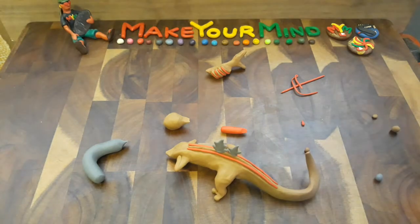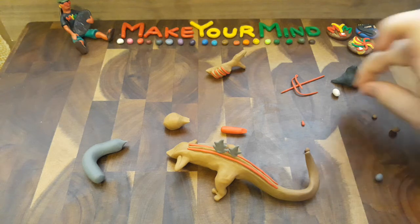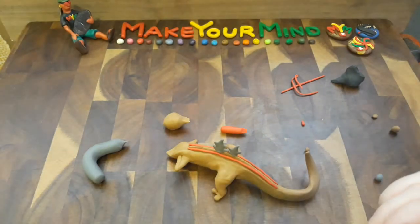But, you know what? Let me see here. I'm gonna do this real quick. Let me take off a piece of... I got a little bit of white here, and I've got this strip of black that I'm going to be working on. And I'm going to go ahead and work on probably the most controversial aspect of Kamata-Kun, which is, of course, its eyes. The fact that Kamata-Kun literally...